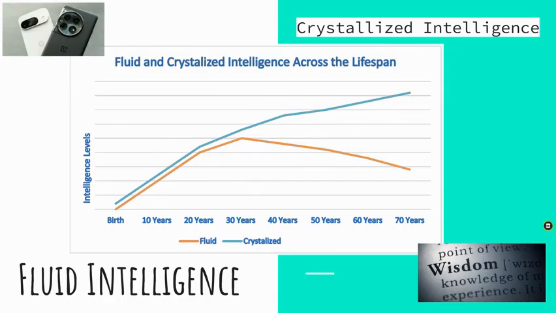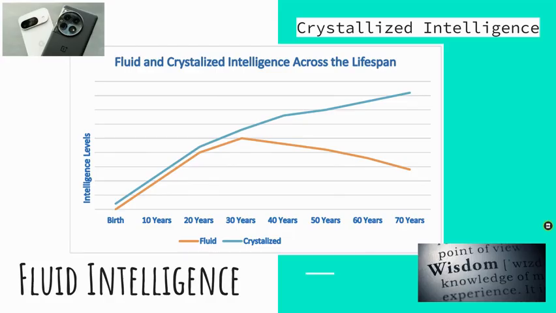Okay. So I hope you did that. And when you came back, you identified that there is kind of a split. Fluid and crystallized intelligence kind of stick together. And then right around 30 years old, fluid intelligence decreases while crystallized intelligence increases. I hope that is a conclusion that you drew by looking at this chart. So, the difference between fluid and crystallized intelligence.